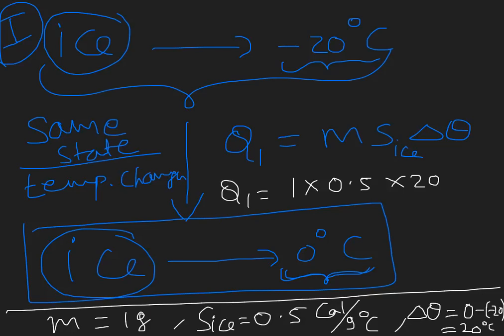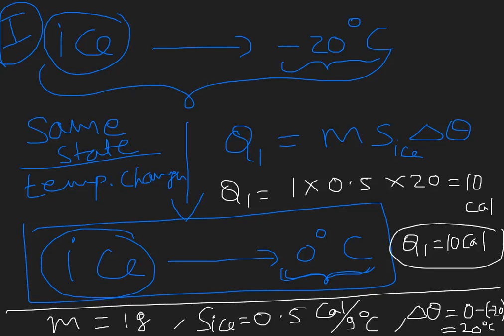So if I substitute like that, you can observe here. Centigrade cancels. Here mass gram, and here also we have gram cancels. So what we are left with here finally? Yes, Q1 is equal to 0.5 into 20 means 10. What are the units? Calories. So Q1 is equal to 10 calories is my answer. Q1 is 10 calories. Observe carefully what happened here.